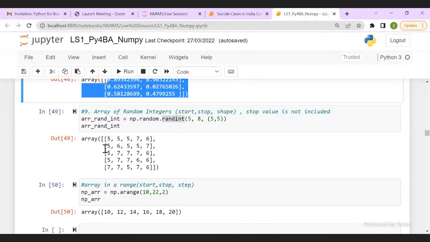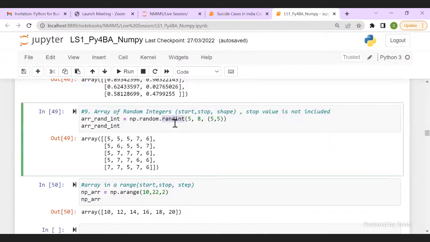Now, the second thing was if I have to generate integers. To generate integers, I'll be using randint. You must have studied in maths that integers are infinite. So you need to tell your function between what values you need to generate your random integers.